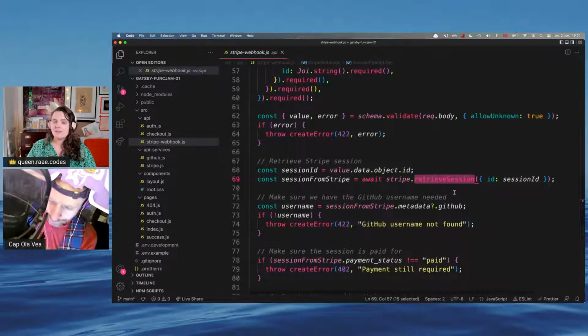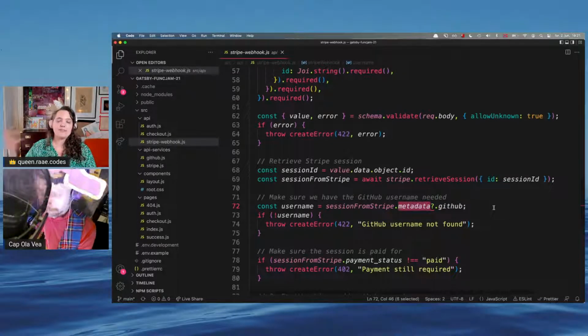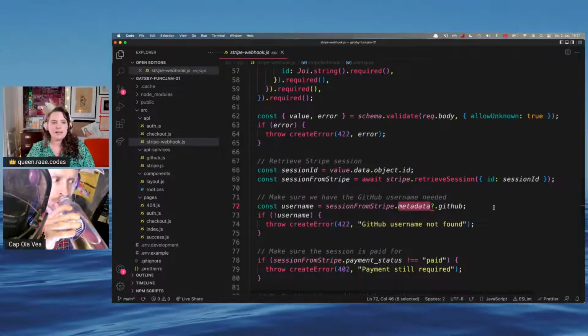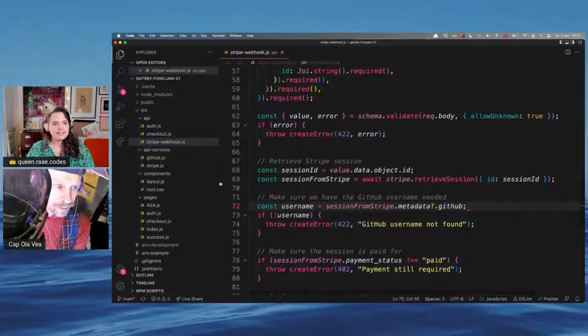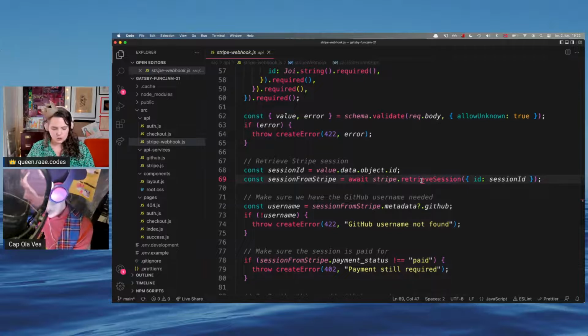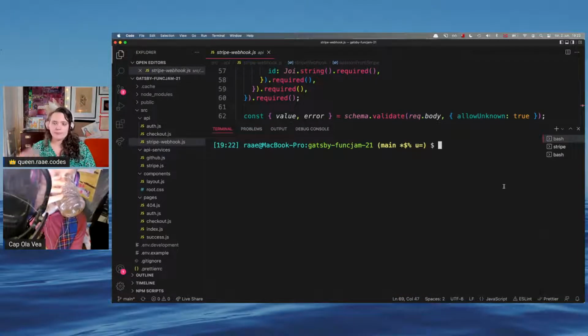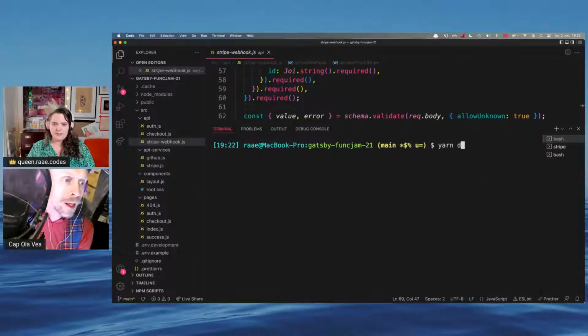But now that we can verify the event, we can grab this metadata straight off of the event coming in from Stripe instead of going through this extra step of retrieving the Stripe session. So that's what we're going to do. And to test this, we're going to do something that I find really cool, which took me a while to discover. I've known about it for a year and a half or something now, but it's the Gatsby CLI. So what we can do is run yarn develop,